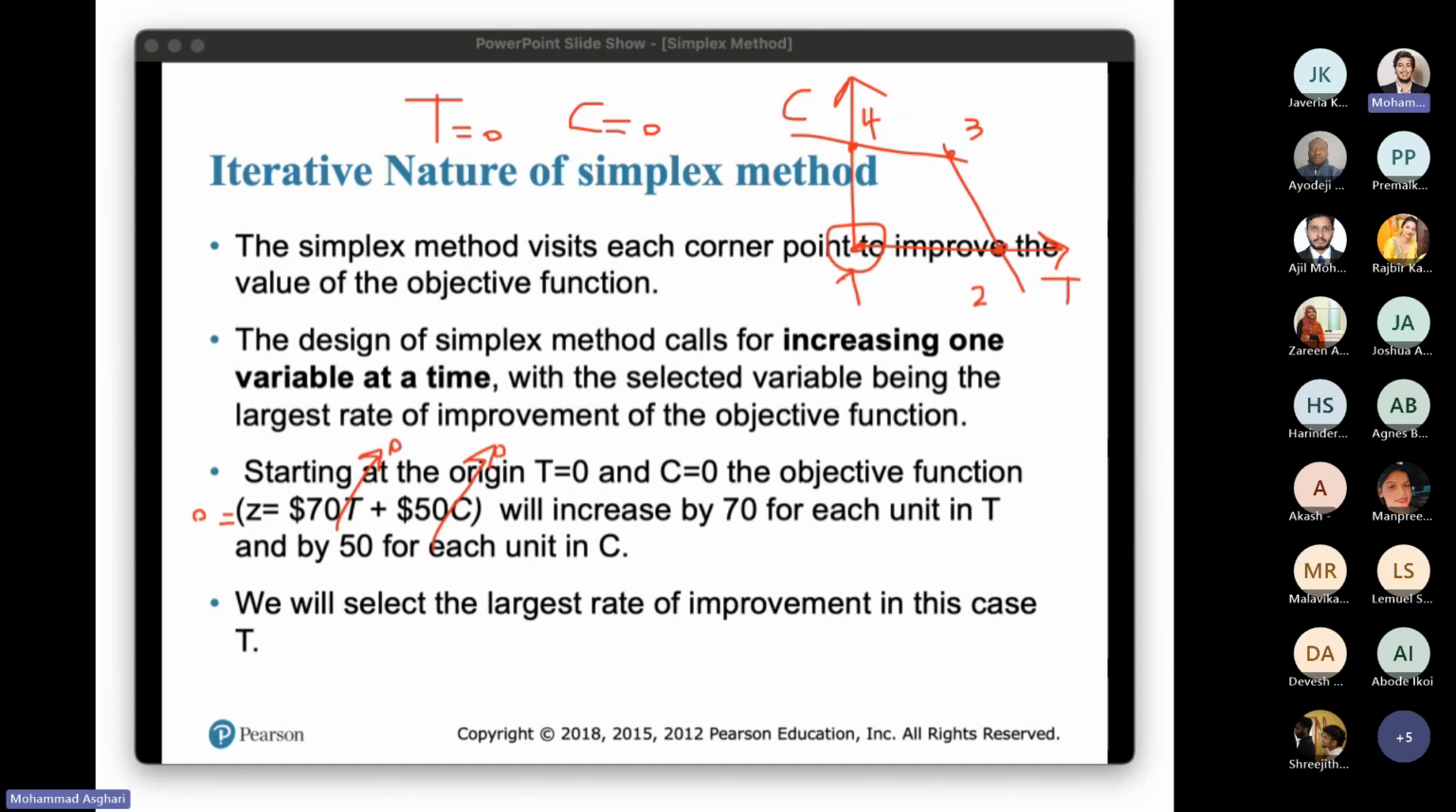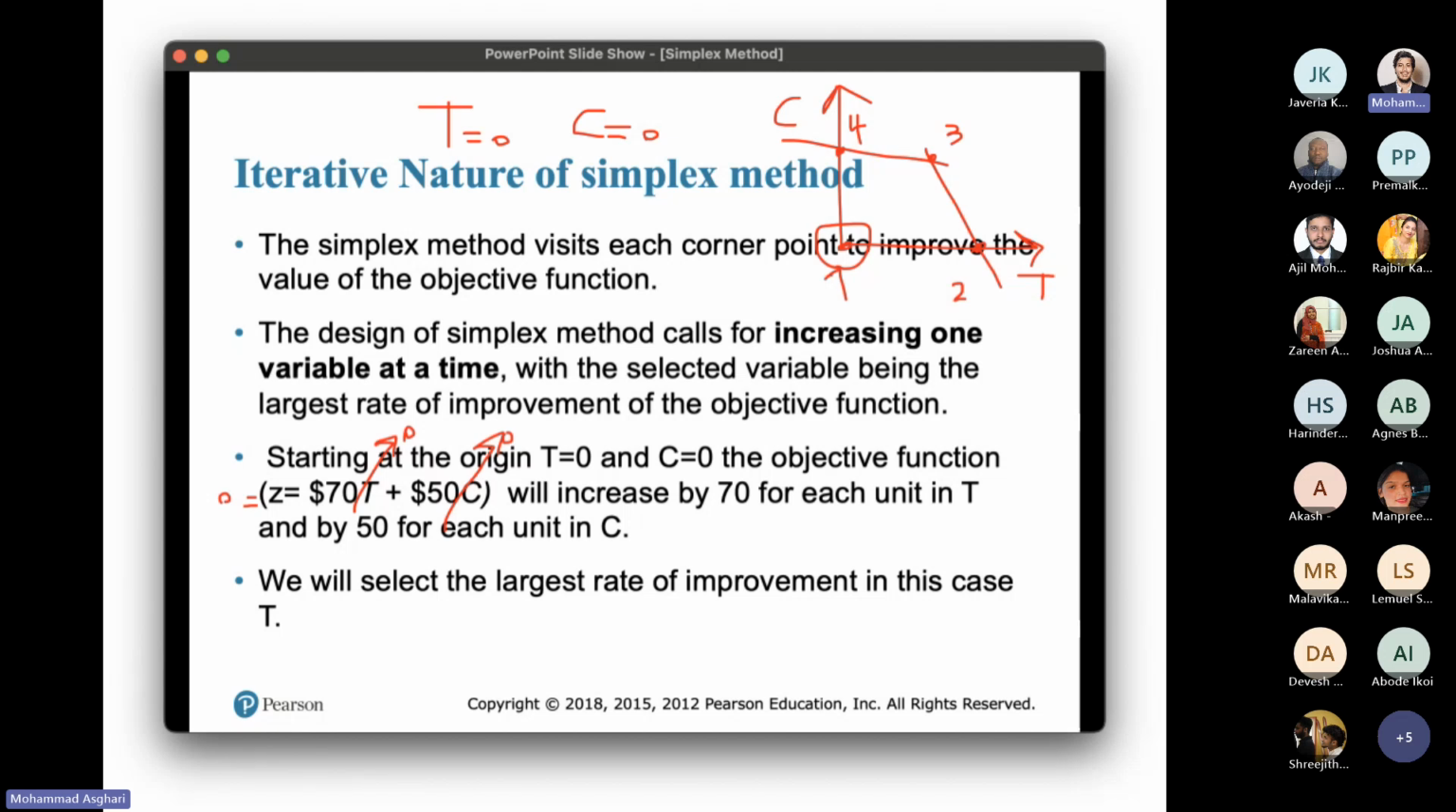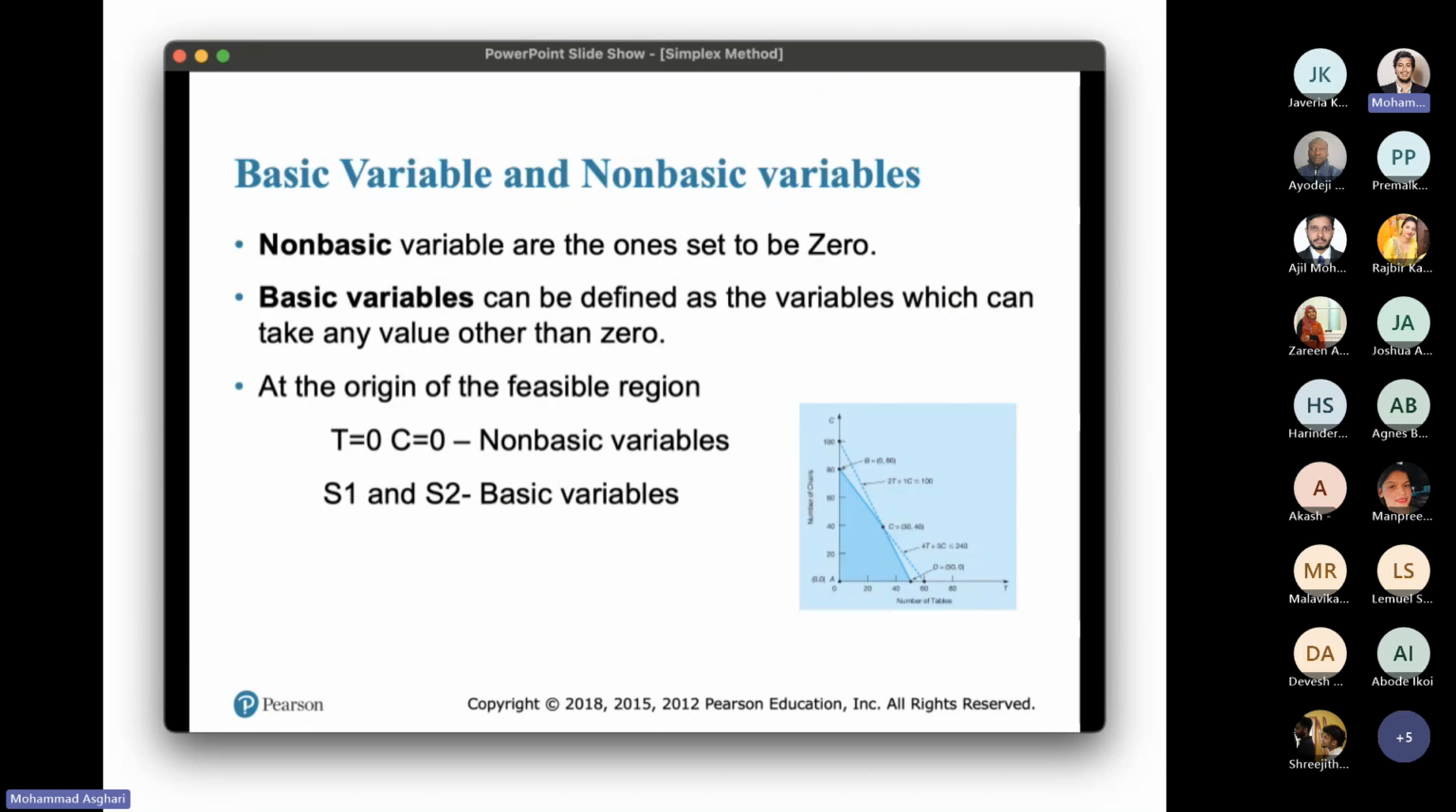This is another concept you need to learn, that we always start in the Simplex method from this point, when both decision variables are equal to 0. So now we have some